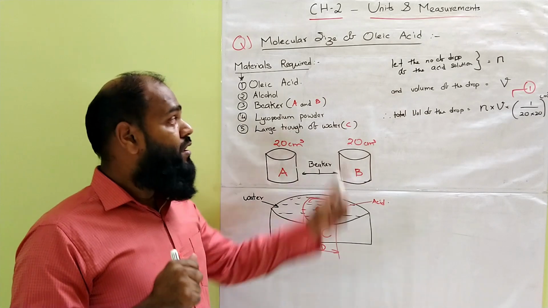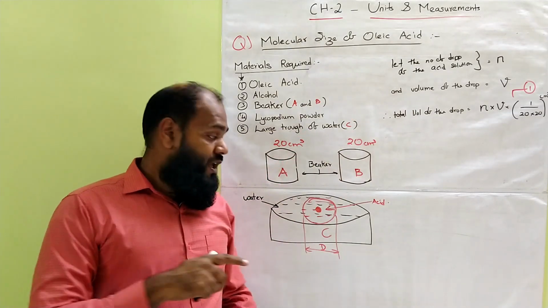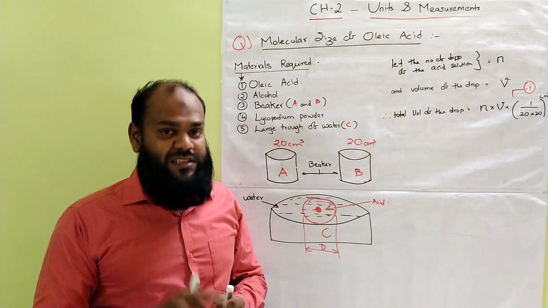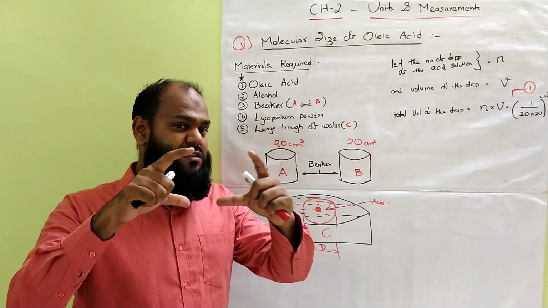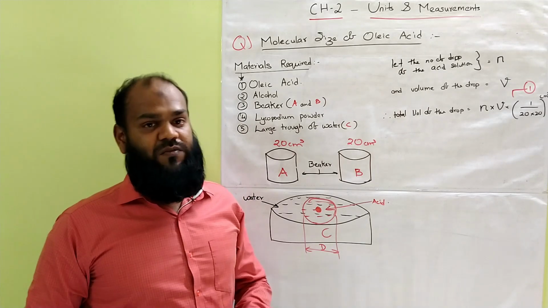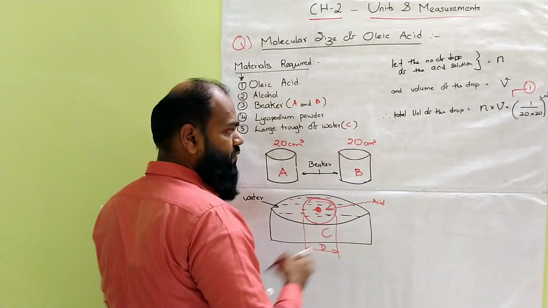Remember one more point. The size and thickness are the same because we are considering a monomolecular layer, which means one molecular layer. So one molecular layer is very thin. Therefore, the thickness can also be considered as the size of the oleic acid. Alright. Now you can see from here, we know that